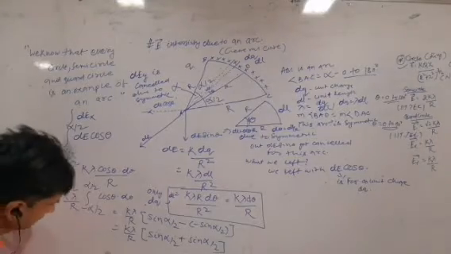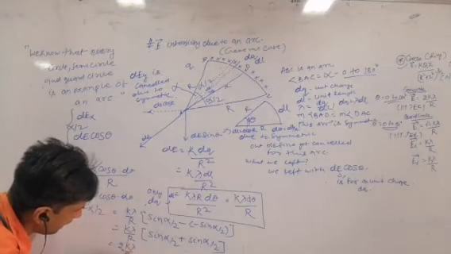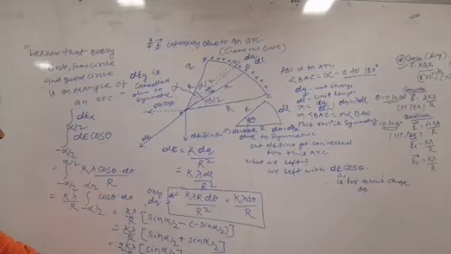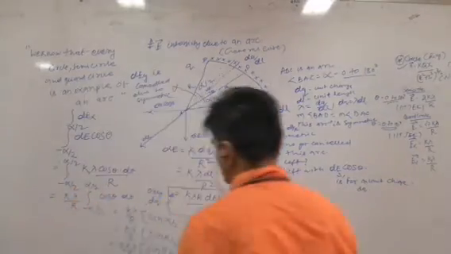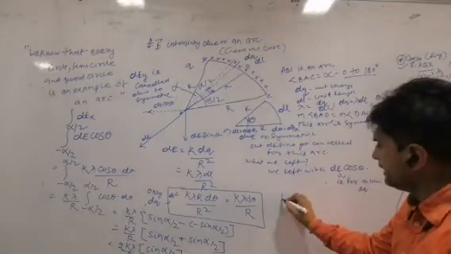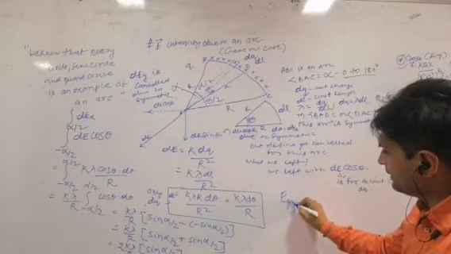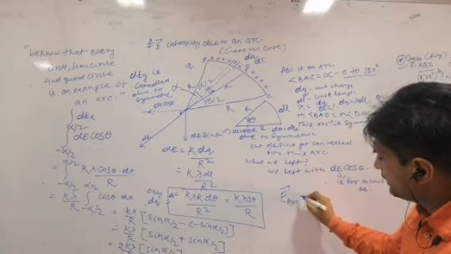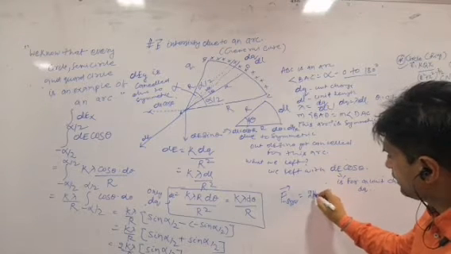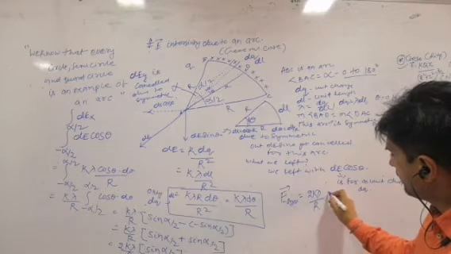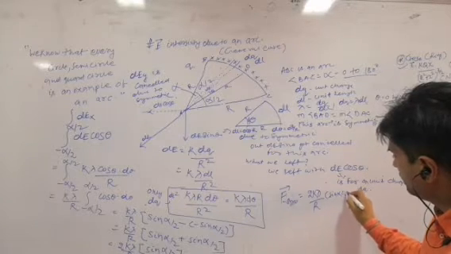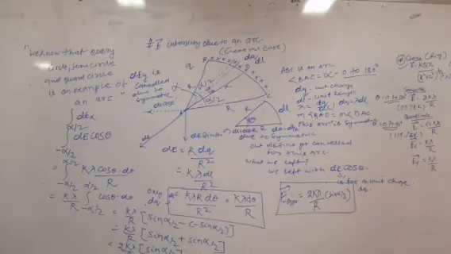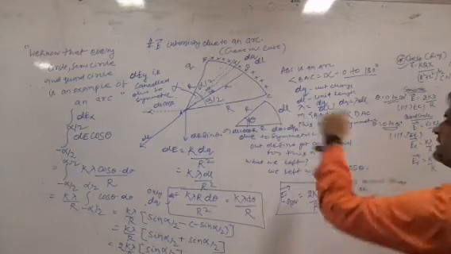Or you can write it as 2k lambda by r sin alpha by 2. So what do we get as the final answer? E general, or you can write E arc. E arc is equal to 2k lambda by r sin alpha by 2. We don't know what the value of alpha is. So this is the final answer we will get from this general case.